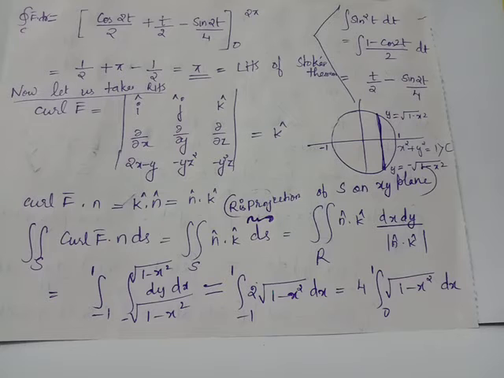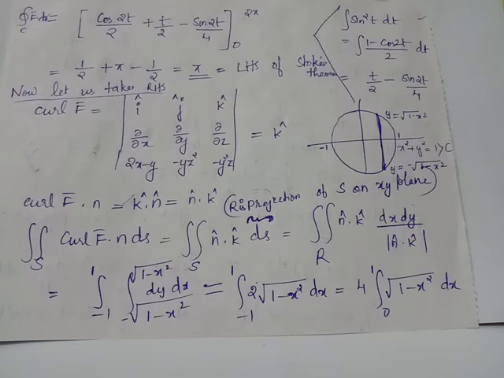If you wish to carry out integration with respect to y first, then you will have to consider a vertical strip on the unit circle C. When you consider the vertical strip, the lower end of the vertical strip represents the lower limit of y and the upper end of the vertical strip represents the upper limit of y. Therefore, y varies from negative root of 1 minus x² to positive root of 1 minus x².